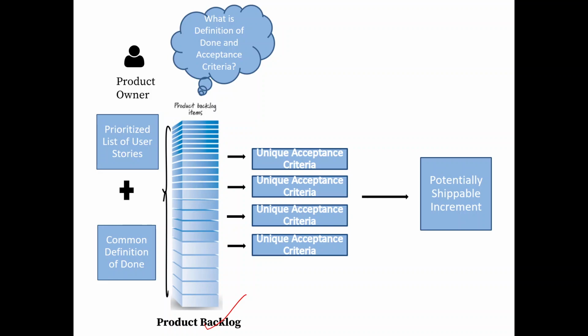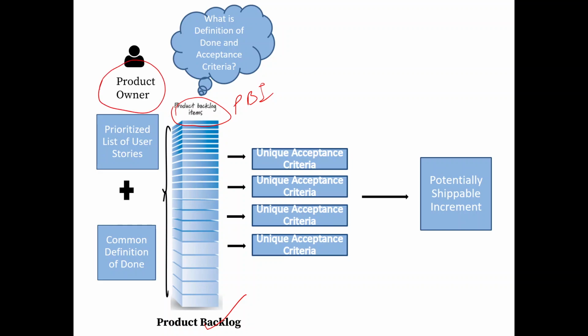And for existing products, the list may also include enhancement requests, bug fixes, infrastructure changes, or other activities that the team may deliver as part of the changes to be made to the product in future releases. All in all, everything together is called a product backlog item, or PBI. This is called PBI, and this is your product backlog. We can also consider the product backlog to be a list of everything that needs to be done as part of the project. So, the product backlog is always a living document or repository and is owned by the product owner.